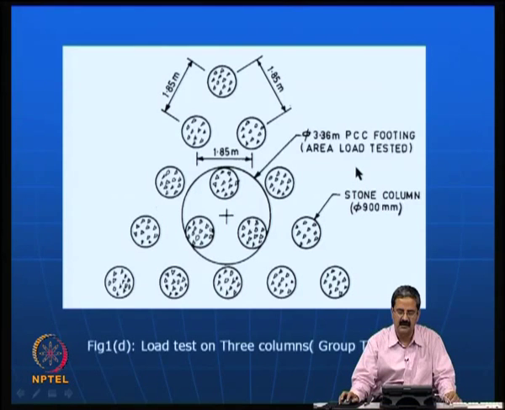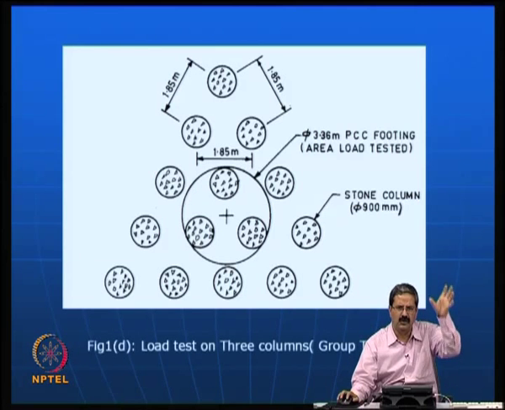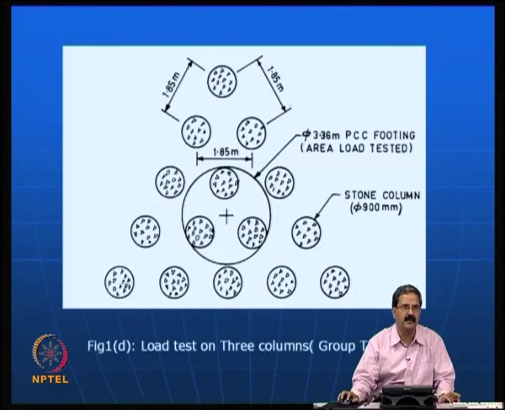So, the best approach is that apart from plate load tests, we should do cone penetration tests, because we are working in soils. Cone penetration tests are easy, they give a continuous profile, and you will get exactly what you want. You will be able to confirm that there is no bulging at the bottom, there is no problem. Sometimes we do not know how the column has completely formed. So, you can get information about the formation of the column by seeing the signature of the improved ground from the CPT profile, which is very important.